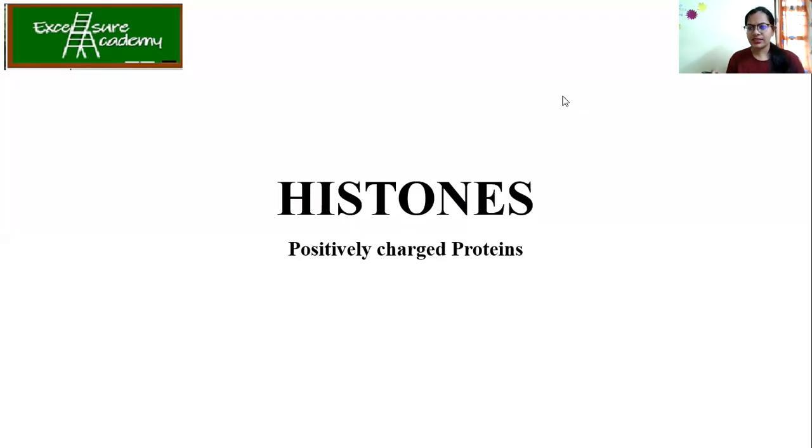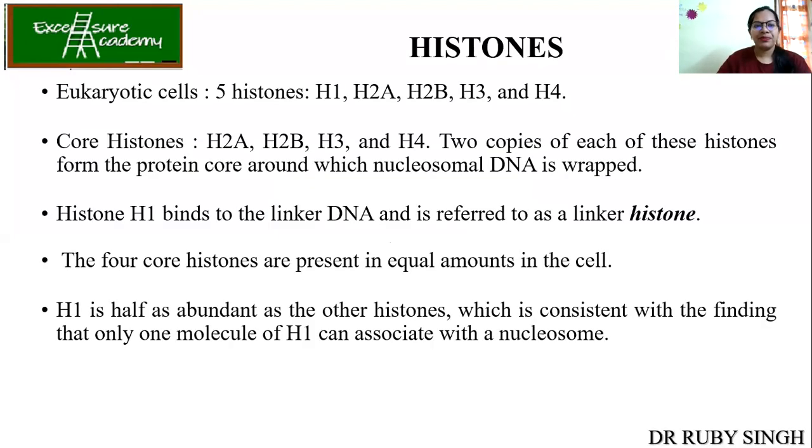During the lecture series, I'm going to let you know which important topics you really have to remember from the exam point of view. So histones: there are 5 histones, H2A, H2B, H3, H4, and then H1. H1 is a linker protein. Many times students think that there are only 4 histone proteins directly involved in the nucleosome, but actually there are 5.